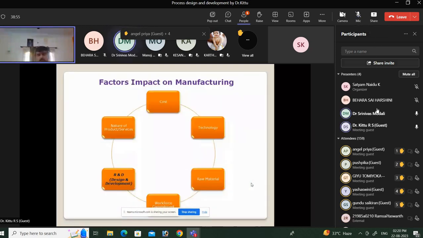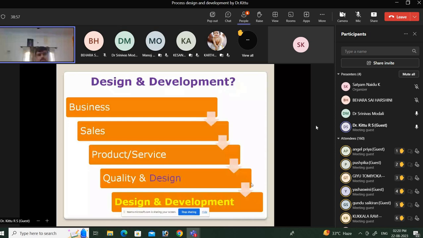So once again, you can go through the slides which I made. This helps us understand why design and development is important nowadays for the business situation. So we try to analyze here. Always the business depends on sales. Sales depend on the different types of products and services you are selling or providing. And products and services always depend on the equivalent components of quality and design. The quality and design mainly focus on how we are designing and developing such products and